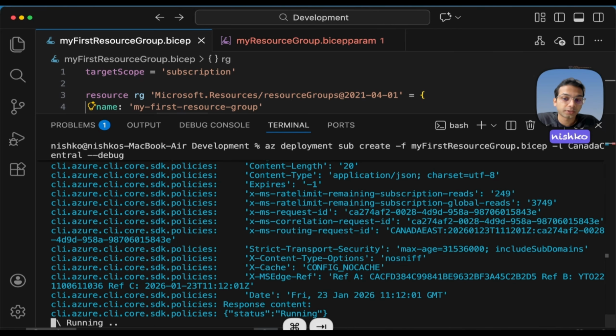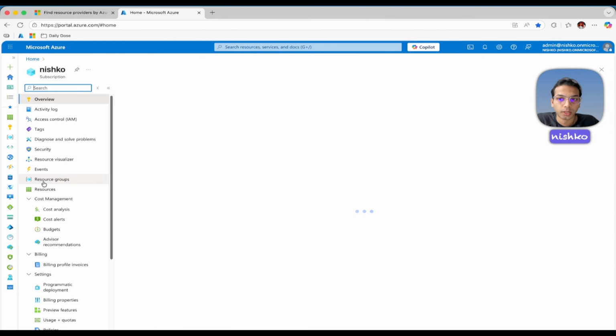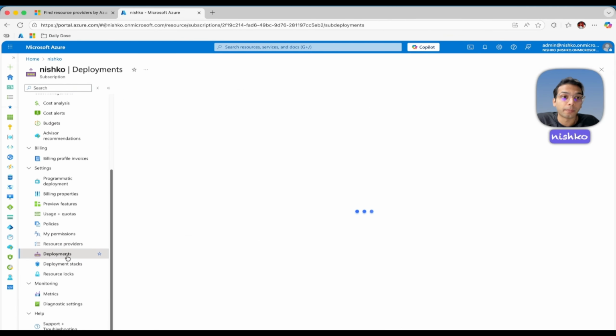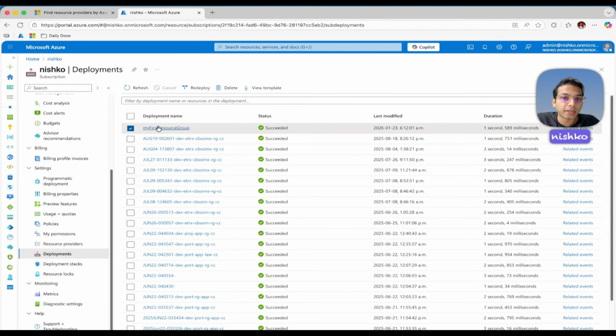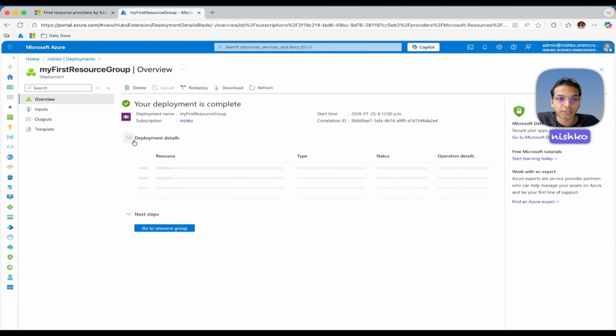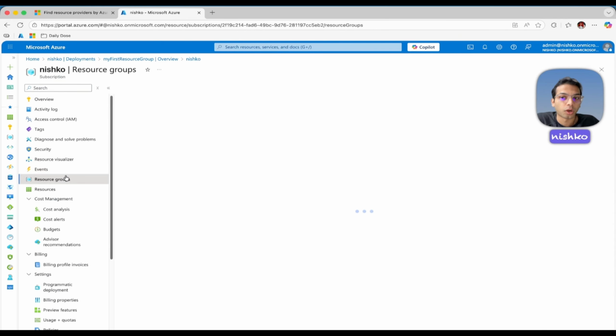So if you see, it's running, it's deploying. I want to show quickly one thing, that this is a subscription where I'm trying to deploy. There is a deployment blade, and here it shows you that my first resource group is deployed. Right now, this information is somehow your metadata, you can say, your deployment history, and it's showing that you created your first thing, your resource group. So what we'll do, we'll go to the subscription, obviously we'll go to our resource group, and we will